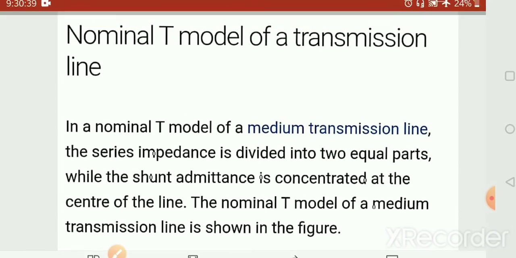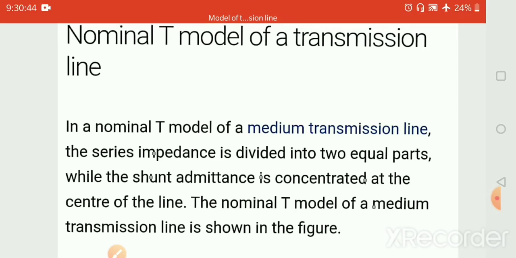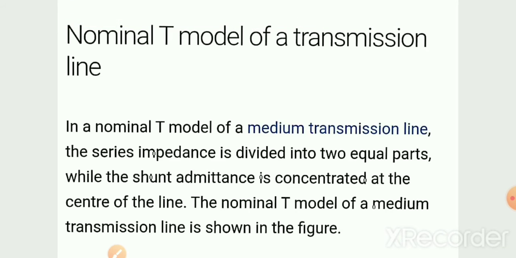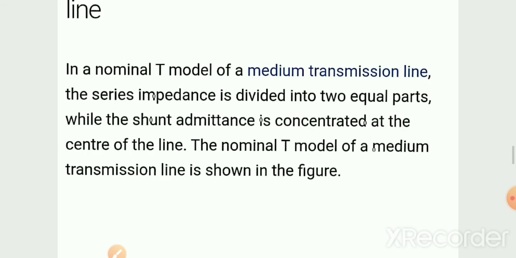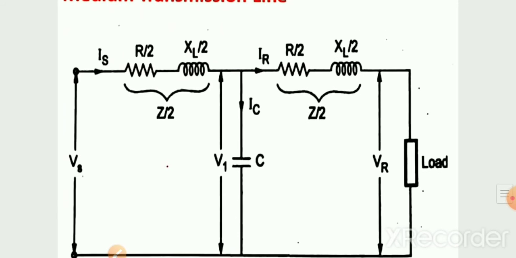Now the second model is the nominal T model of the transmission line. In a nominal T model of a transmission line, the series impedance is divided into two equal parts, while the shunt admittance is concentrated at the center of the line. If we see the figure of the T network of the medium transmission line,